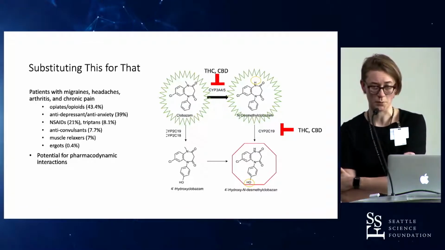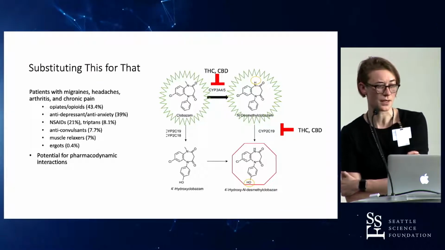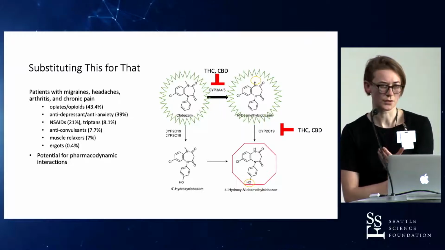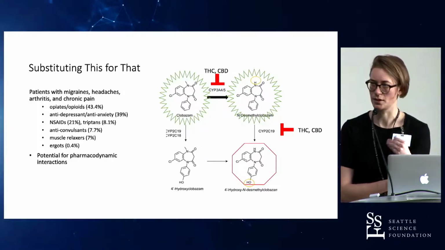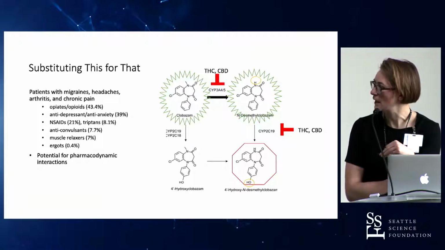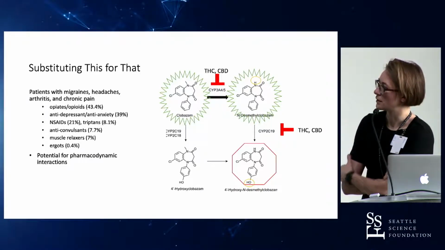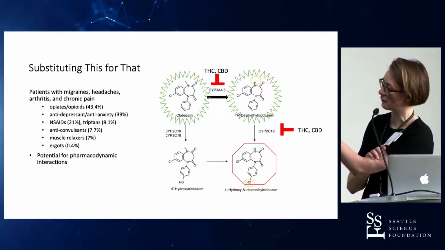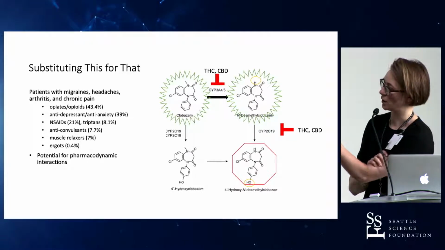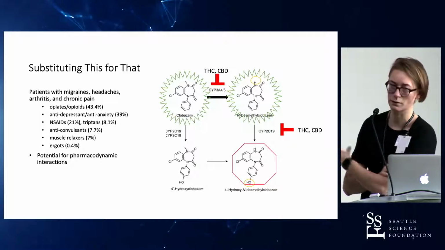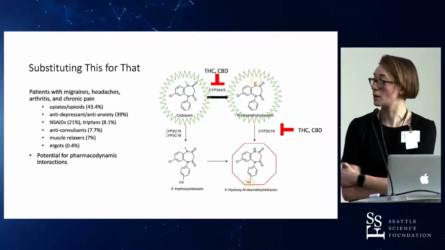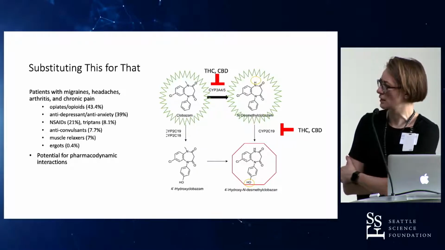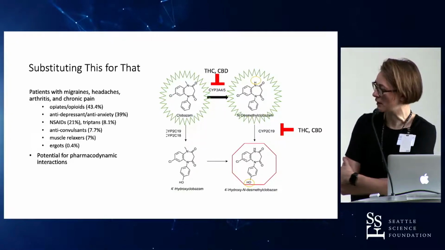A lot of them are just proposed and theoretical, and if you have drugs with narrow therapeutic indexes, it's advised to monitor those closely, just as you would with any other potential drug-drug interaction. Patients with migraines, headaches, arthritis and chronic pain found that they were substituting those products for marijuana in about those percentages. And so when it comes to potential pharmacodynamic interactions,